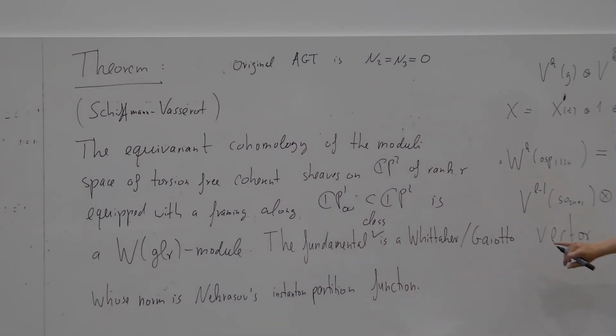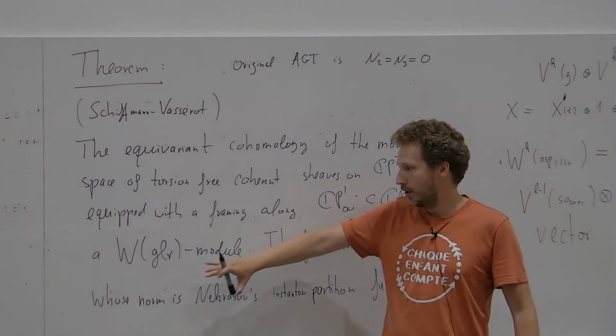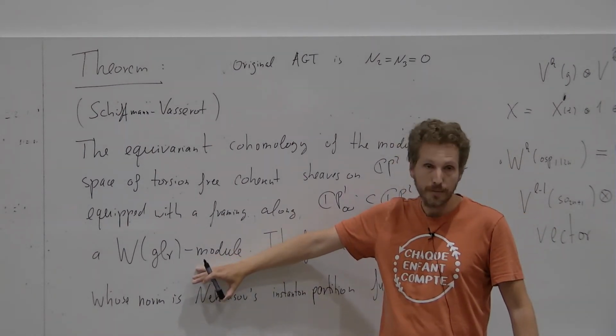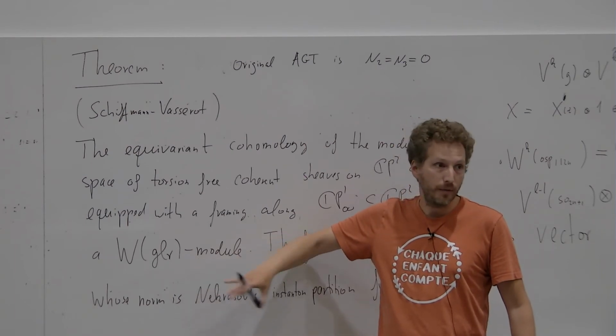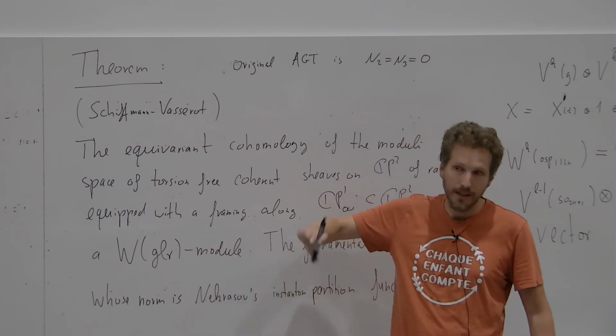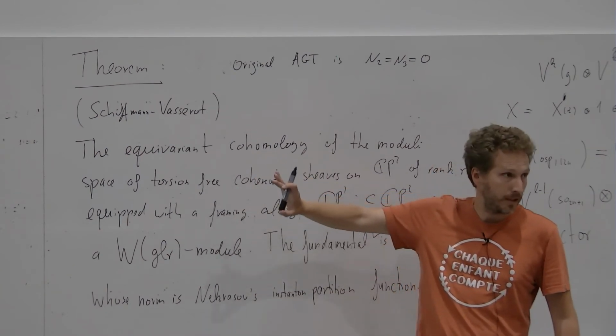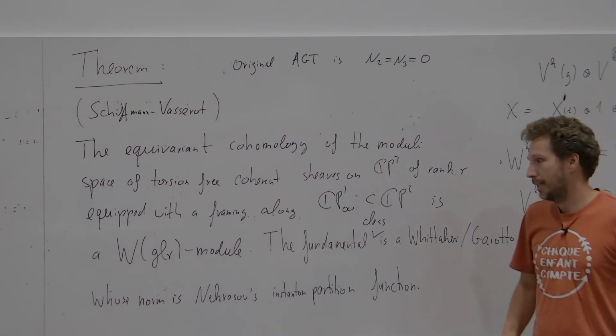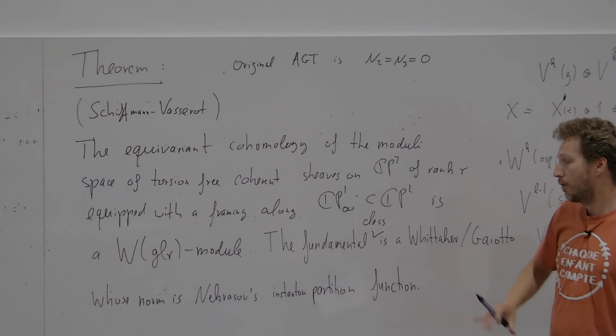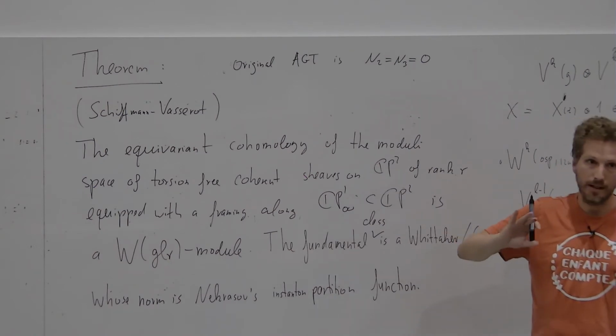So this means really, this vector, this is first of all a very famous theorem. Now, what do we have here? This cohomology is acted on by the W algebra. In fact, the cohomology is naturally a Verma module. Which Verma module, which weight labels, or which central character, depends on certain parameters that you fix. Then you have the fundamental class. And now the whole module is naturally graded by second Chern number.